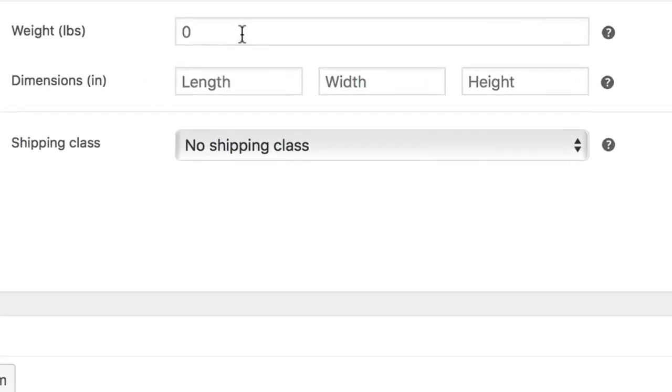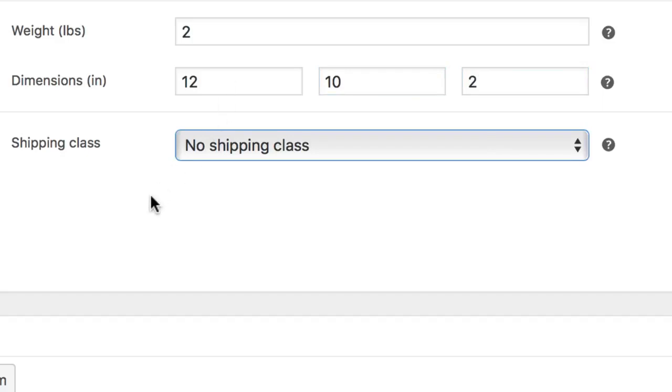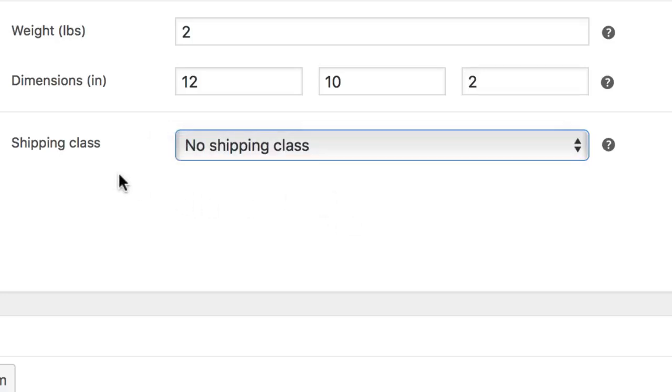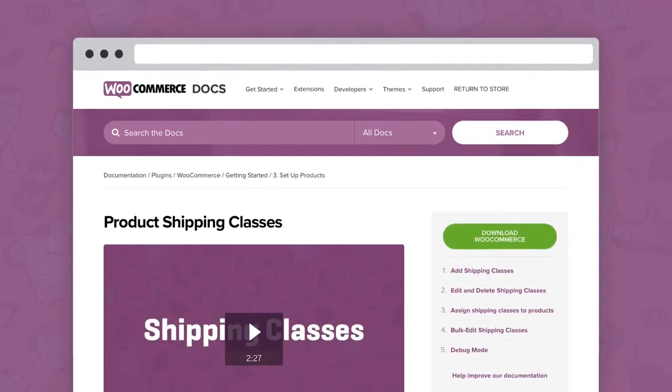To start, be sure you set the weight and dimensions of the product you are creating correctly here. If these aren't set and your shipping method calculates rates based on the product's dimensions, your customers will get errors or vastly wrong rates at checkout. Lastly, you can set a shipping class for the product if you use classes to help set your shipping costs. We covered shipping classes in an earlier video, so feel free to read the documentation or watch the video via